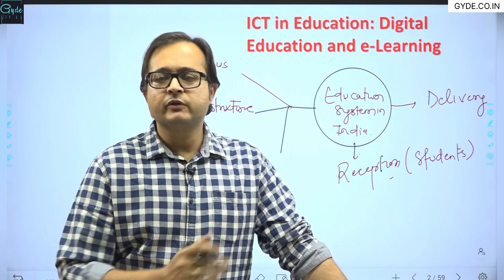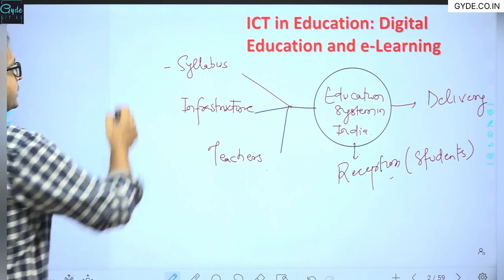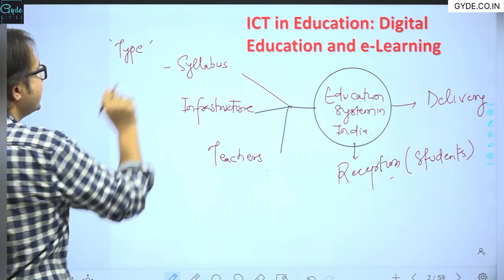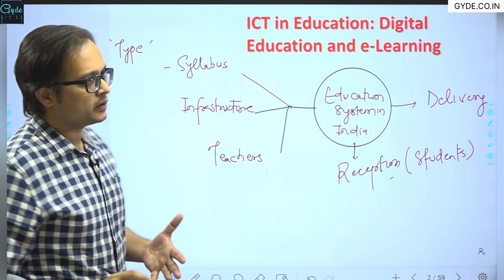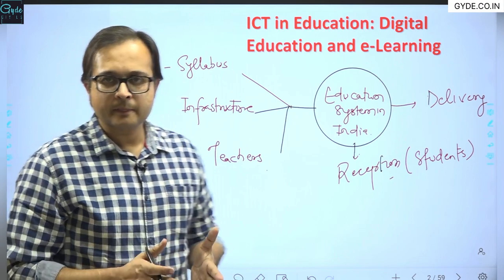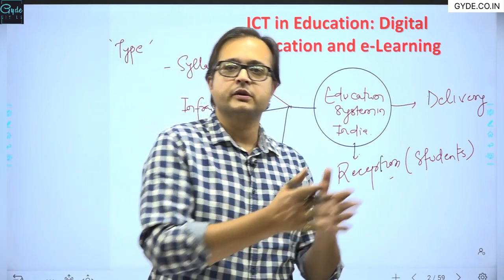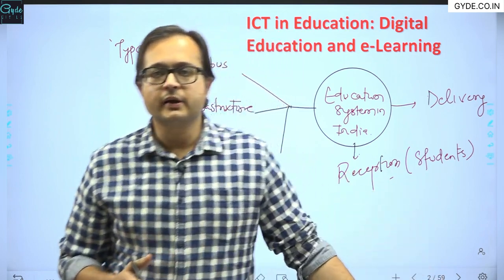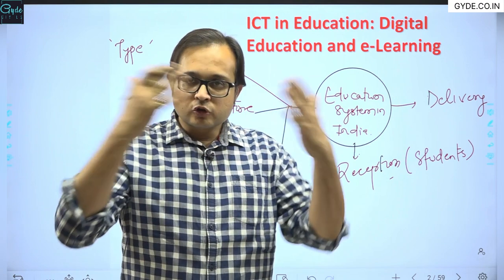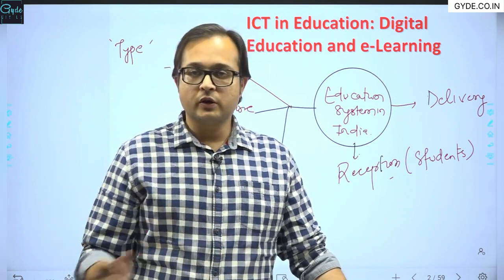So precisely when we understand this particular thing, syllabus, the continuity of the syllabus, the type of the syllabus is one of the major problems, and understanding those problems is a tedious task, because coming on to a continuum where the exact idea of employment, skill generation, education would be created, that requires a consensus amongst all those who are involved in the education system, right? All these stakeholders involved in the education system.